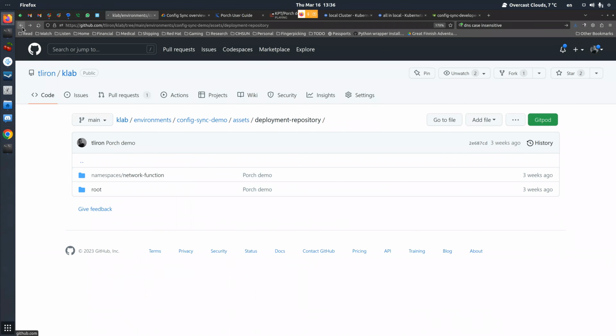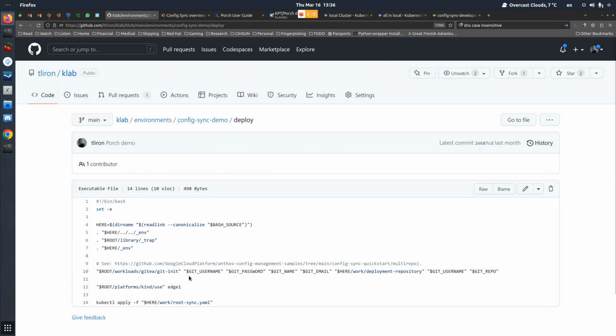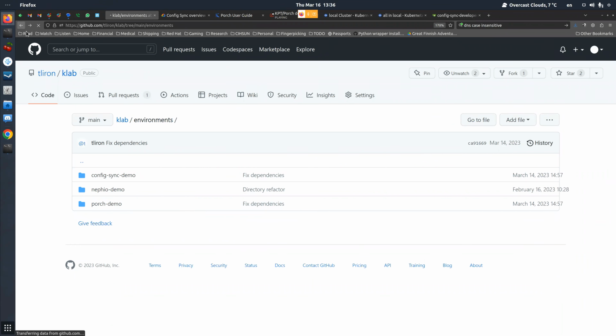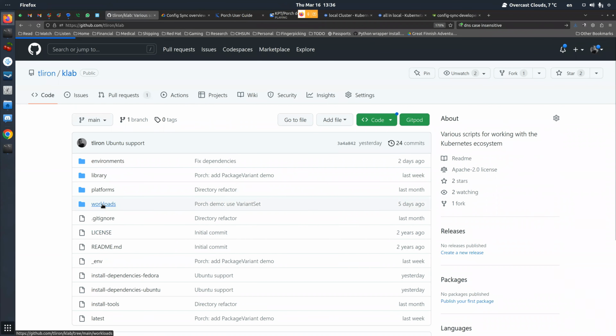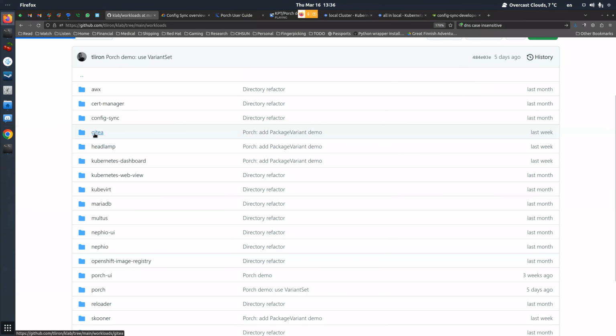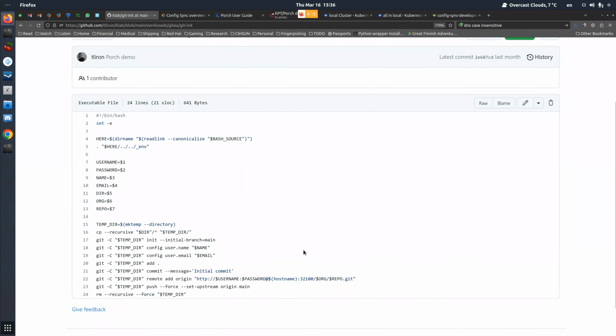So all we're really going to do first by running deploy is set that repository. I have a script that does this, and I just want to show you what the script is. So I'll go back here, under workload. Working with Git is not easy. This is actually the most complicated part of all these scripts. But here's the Git init. I just want to show you what it does. It puts things in a temporary directory